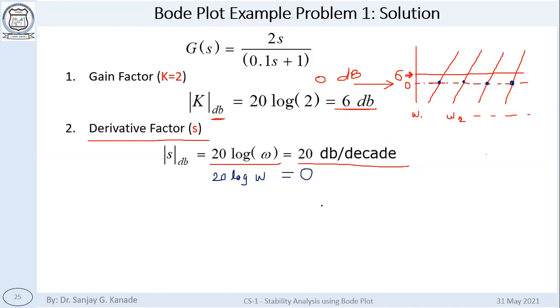You have to reply. Someone reply. What is the value of omega? Log of omega is equal to 0. Yes. Log of omega is equal to 0. So omega is equal to